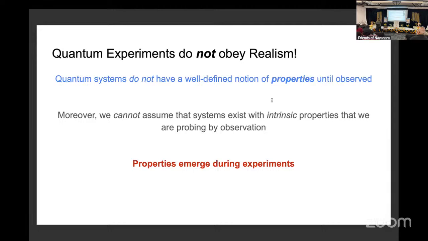So that is an anti-realist view. You don't have a notion of reality. Reality means, like, what's the reality of the situation? It means you're asking what actually happened there, whether you were there or not there, whether someone saw or didn't see. Here you're saying that that assumption breaks. There is no notion of a reality. Right? It's not like you don't know a reality. There is no notion of a reality. Properties emerge during experiments. There aren't any properties you're probing a priori. Properties are emerging during experiments.